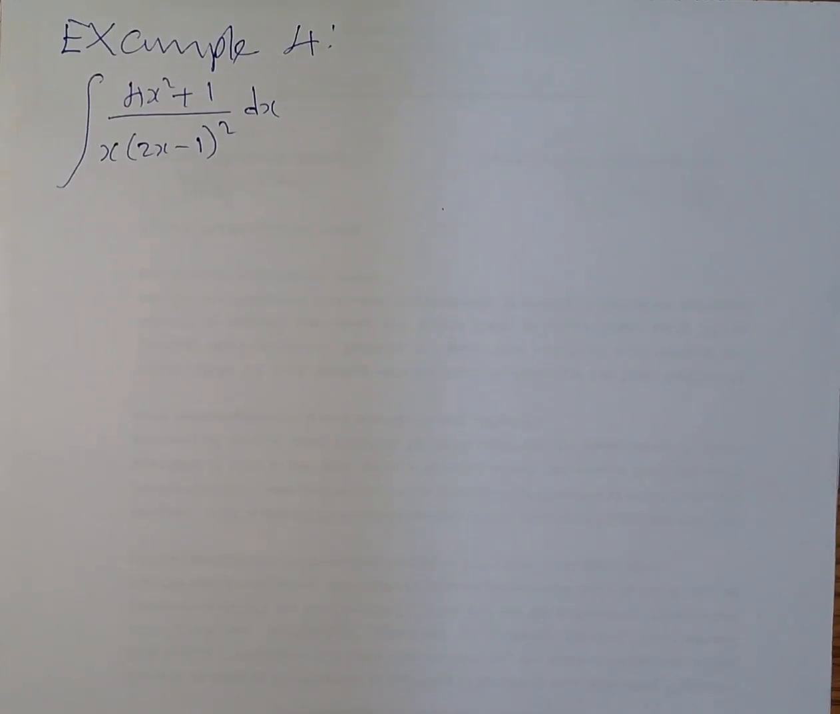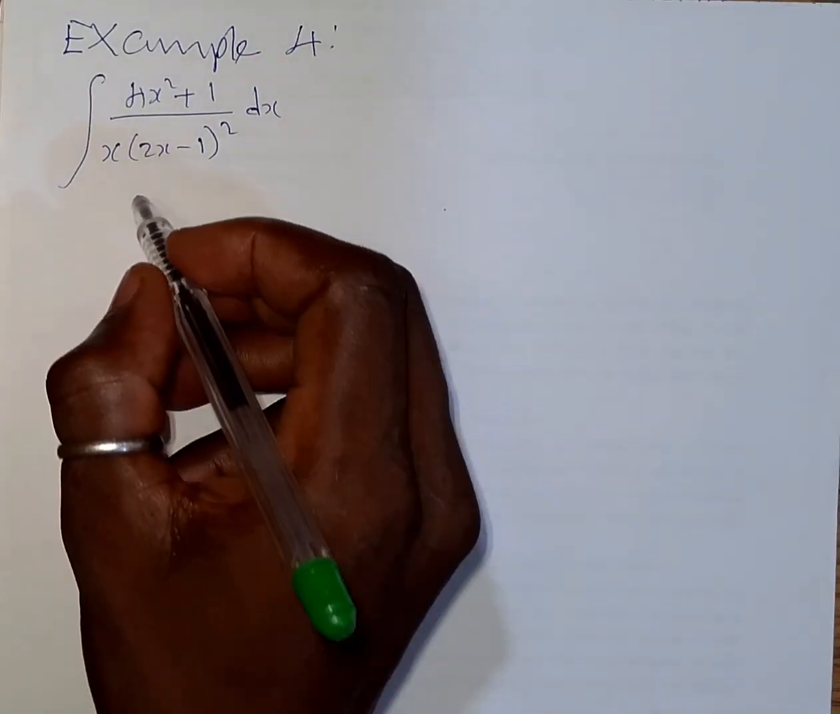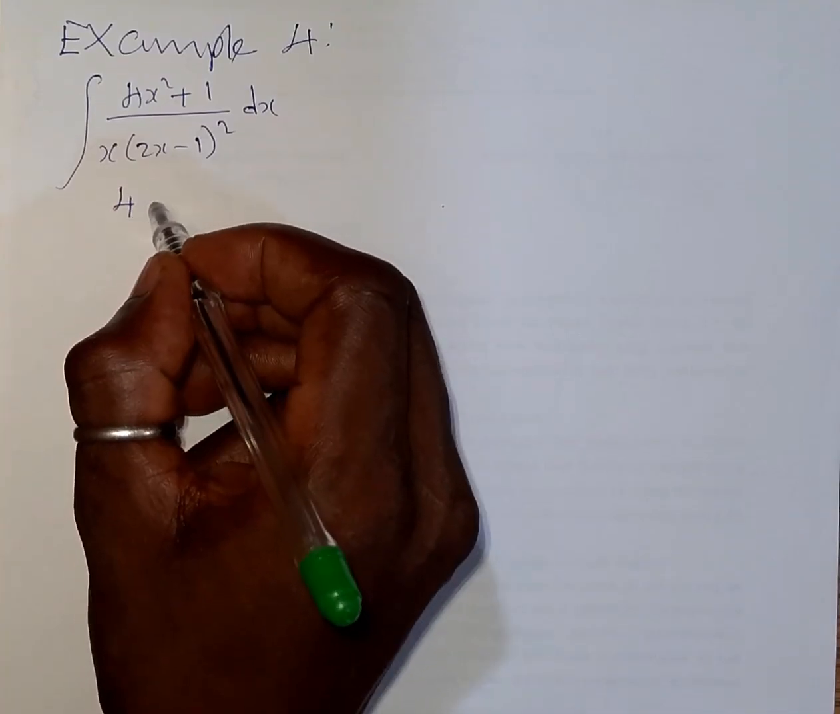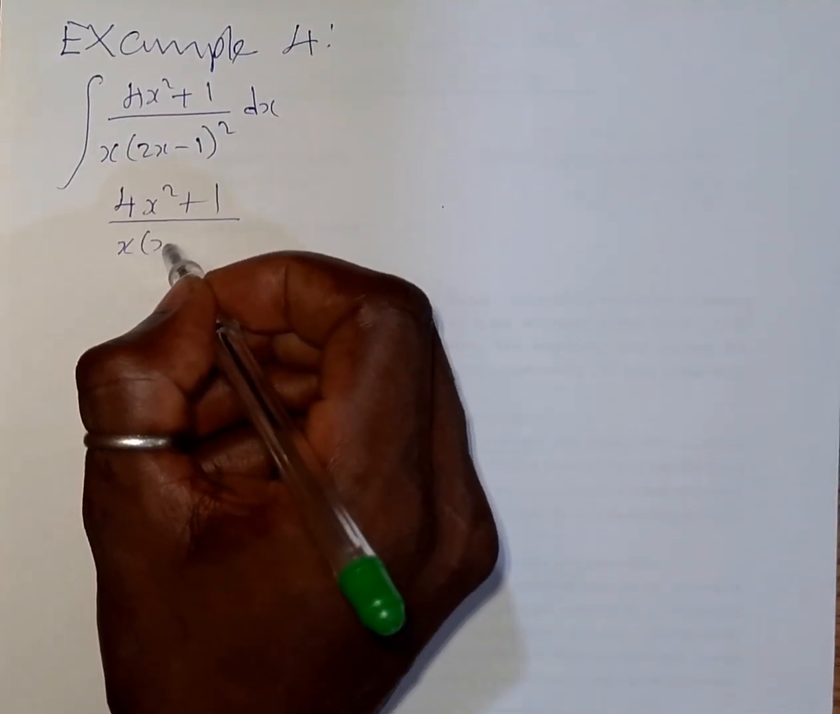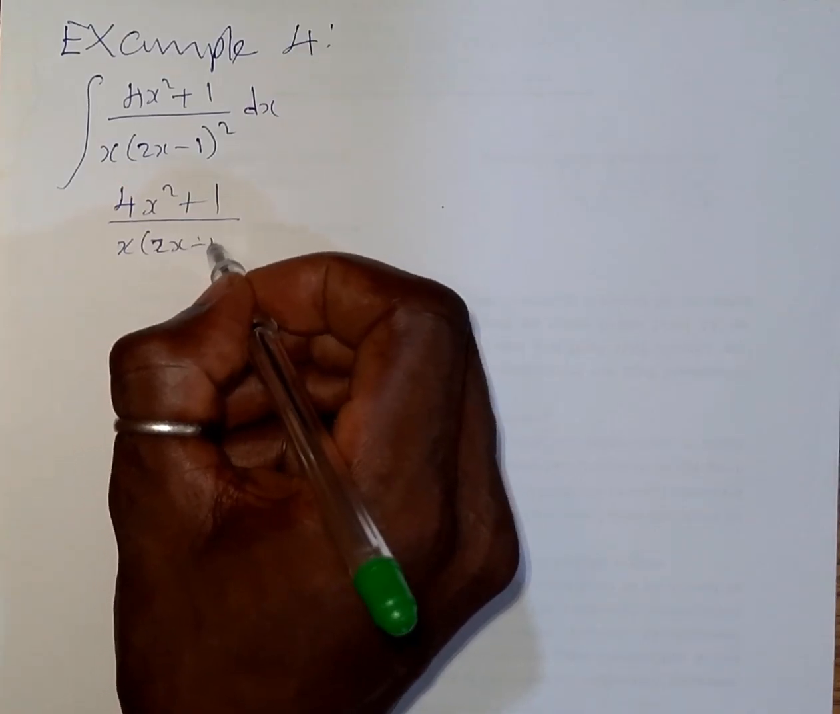Have another one here, which is example 4 of this question. And example 4 is that we are to express this one and solve it by partial fraction. So I will take this will be 4x squared plus 1 all over x open bracket 2x minus 1 close